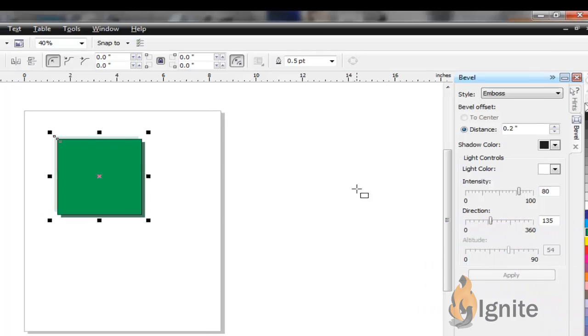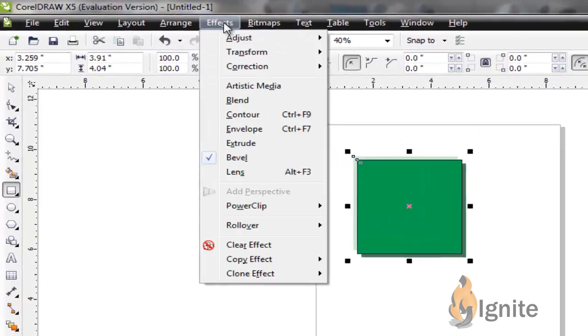To remove the bevel effect, click on Effects